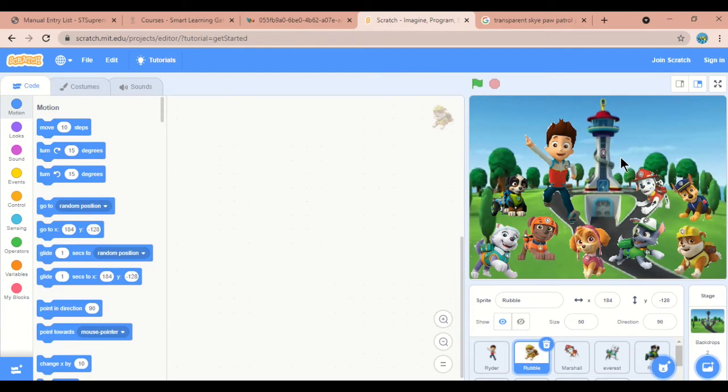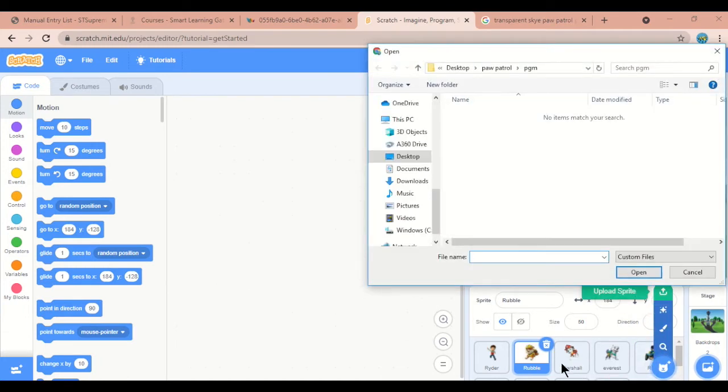But for example, when you click on this flag, we want something else, some other sprite. So I'll do one thing, listen carefully. Go to this, choose a sprite, not background.